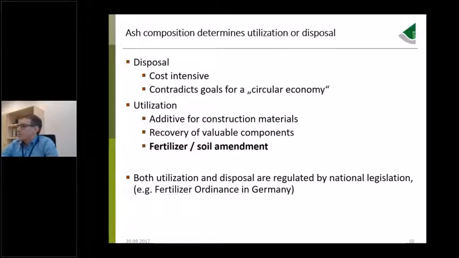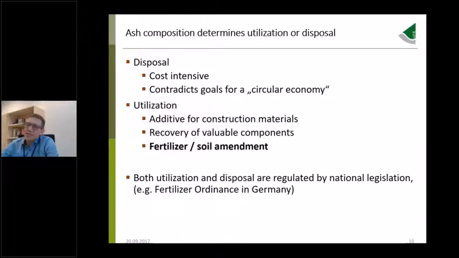So ash, on the one hand side, can or needs to be disposed, which is cost incentive, and it contradicts the goals of a circular economy. Circular economy with two directions. The one direction is